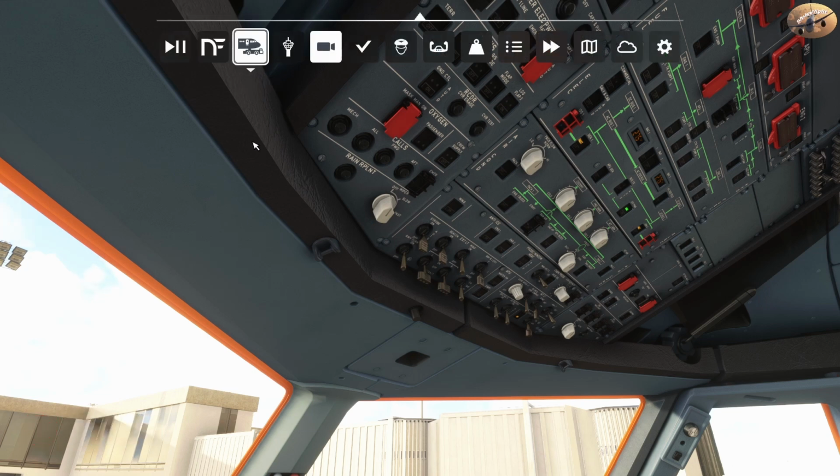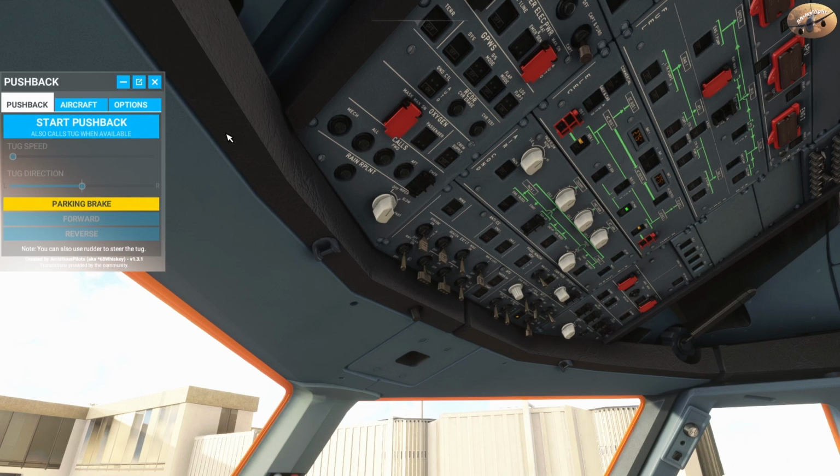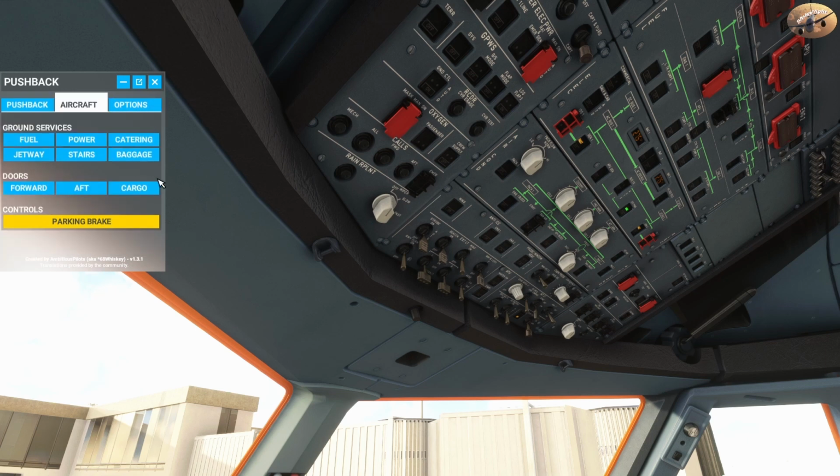Okay, I'm going to bring in our pushback. Not that it'll work, because most of the problems that we've got now is at this particular airport, if you don't spawn in at the gate, nothing else seems to work. So you can't seem to get catering. Your doors will open, but nothing will happen. Baggage doesn't happen. Power doesn't happen. So we can call power,